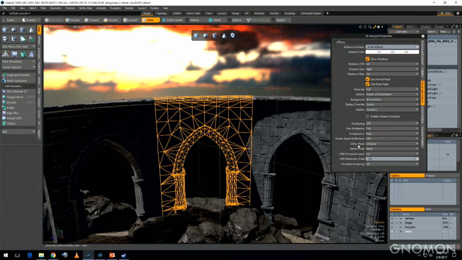Now, also, we have great features that were added, like threaded rendering and HMD resolution scale. By the way, HMD stands for head-mounted display, so you actually can alter the scale of your VR experience to either make it lower resolution for performance, or once we have the hardware that's capable of it, throw it up to 2 or 3 times in supersample and even get higher quality. And on top of that, there are a lot of under-the-hood performance improvements that we also added just for the sake of VR.